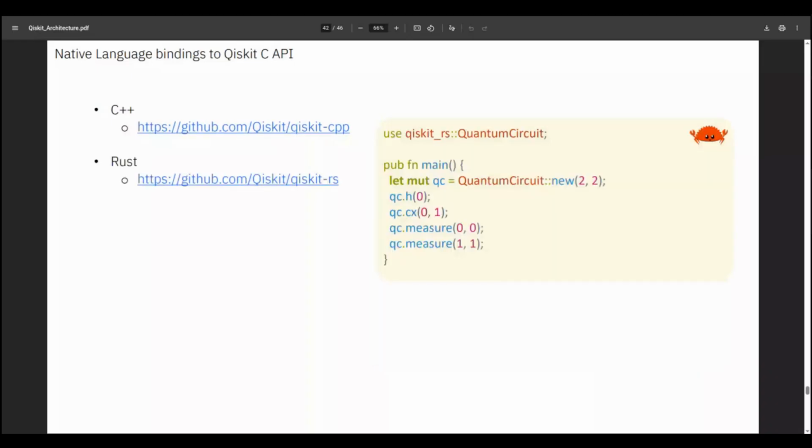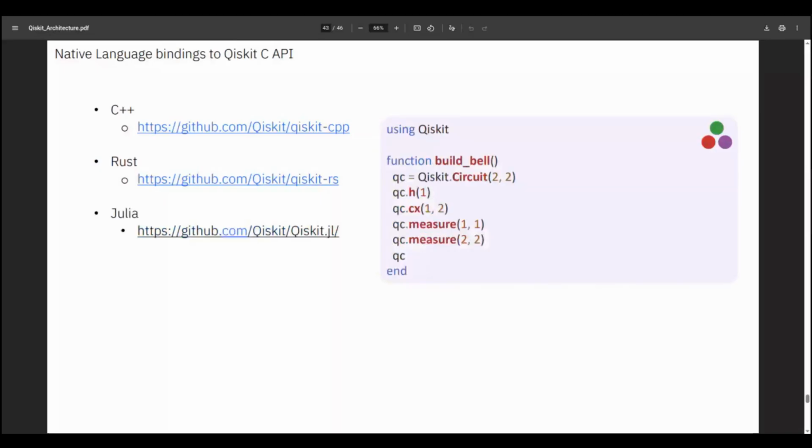Then there's also Rust bindings that's been developed by the community around the C API. And then also Julia, because there's a very dedicated Julia user group in quantum computing. They're very interested in leveraging this for programming quantum computers from Julia. And my point here is, though, that while these are 3 concrete examples today, the goal of the C API